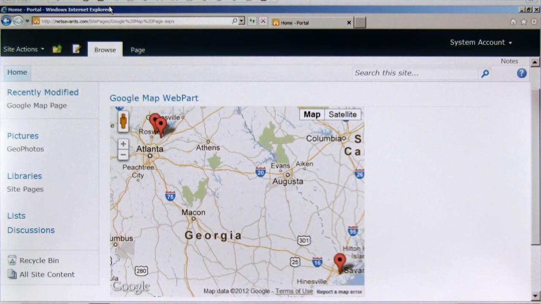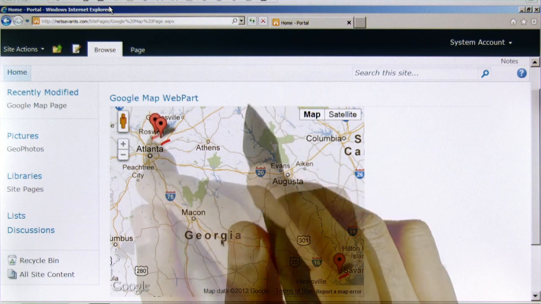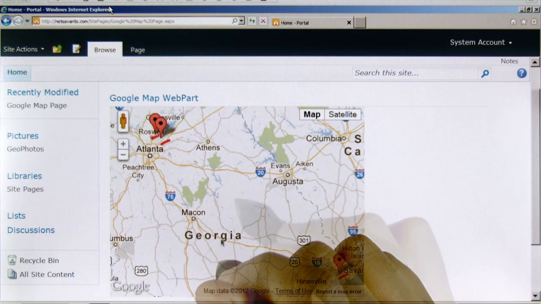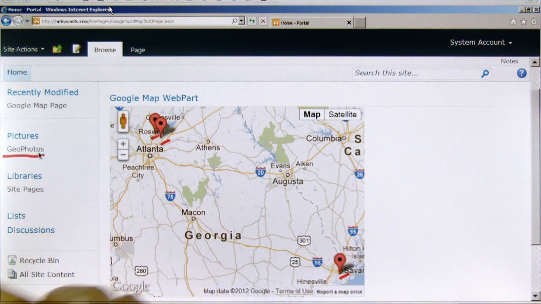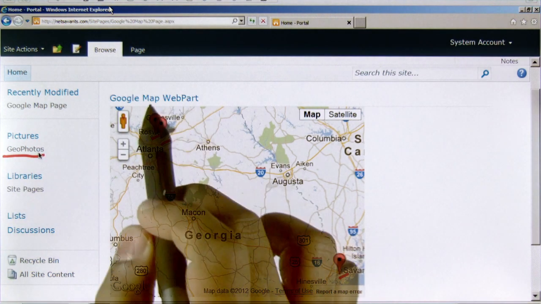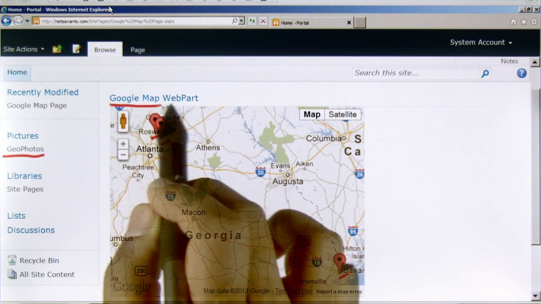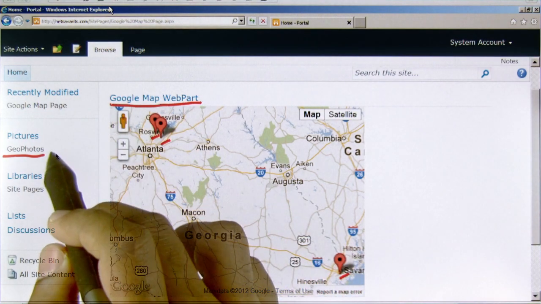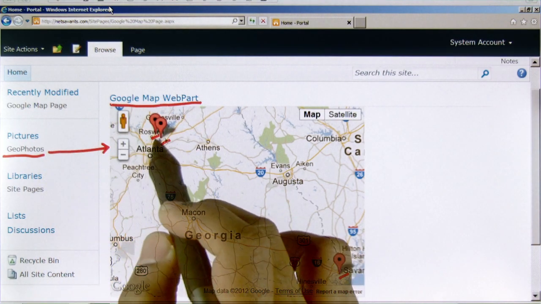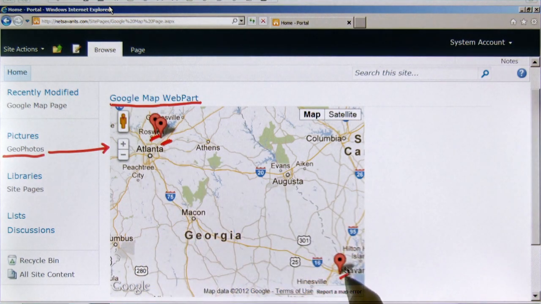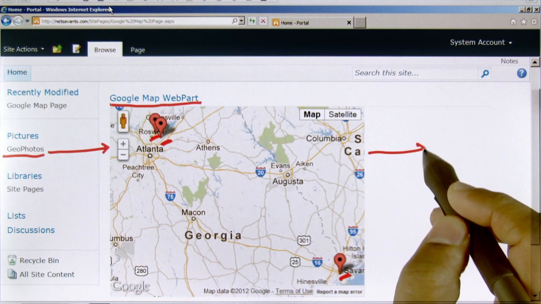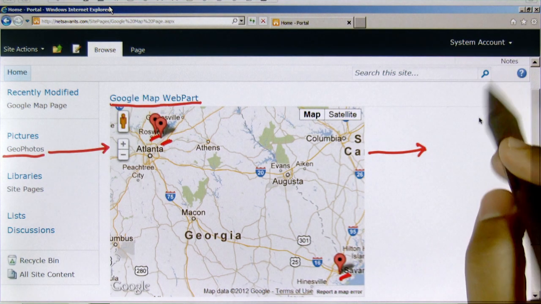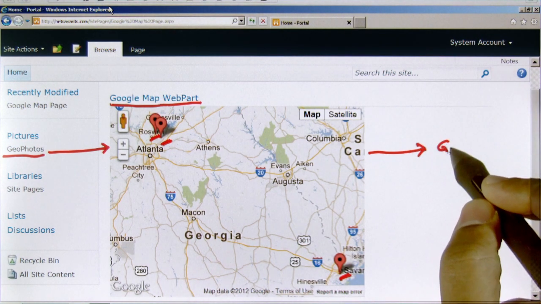In this lecture, we'll look at how to export these geolocations into a Garmin GPS device. In lecture 1, we looked at how to create geophotos. In lecture 2, we looked at how to create a map web part that can pull the geophotos and display them on the map. Now in lecture 3, we'll look at exporting these geolocations from these photographs to a Garmin